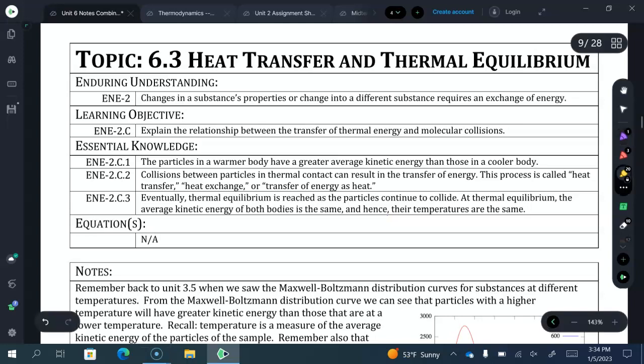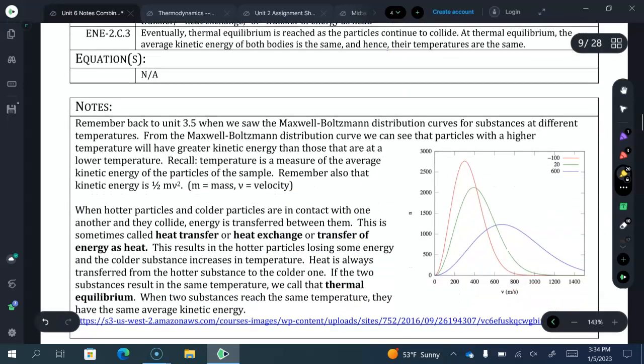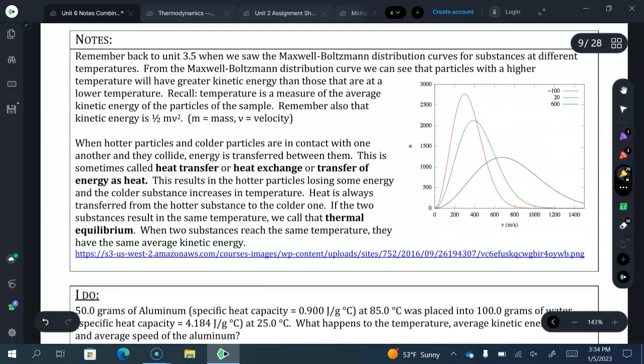Hello everyone, welcome to topic 6.3, heat transfer and thermal equilibrium. By the end of this, you should be able to explain the relationship between the transfer of thermal energy and molecular collisions. So looking back to 3.5, when we saw the Maxwell-Boltzmann distribution curves for substances at different temperatures, we